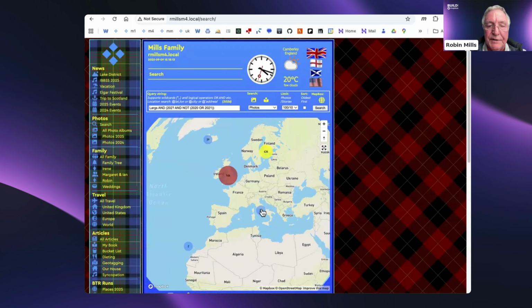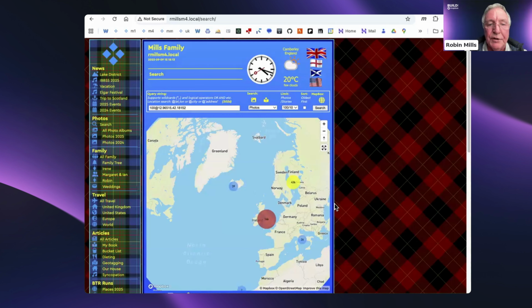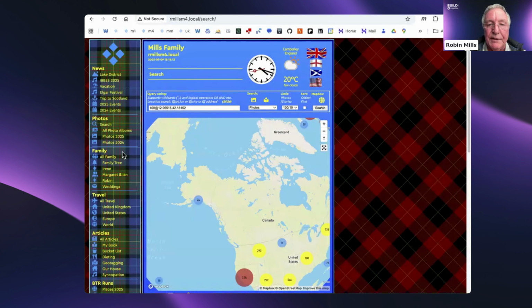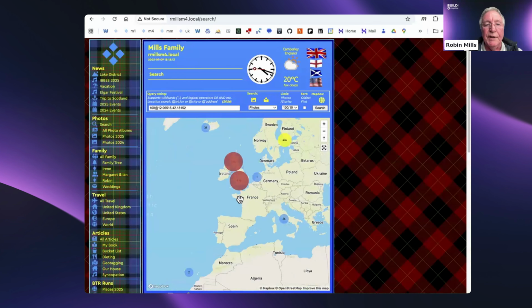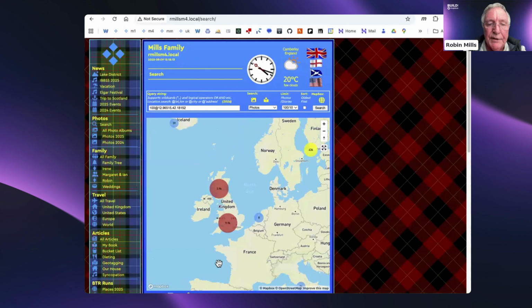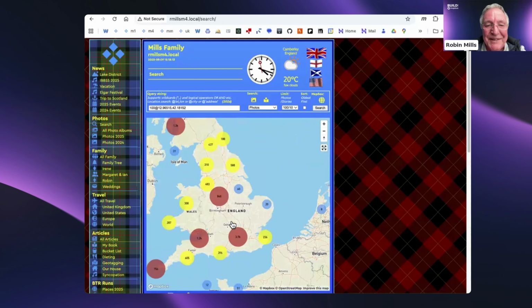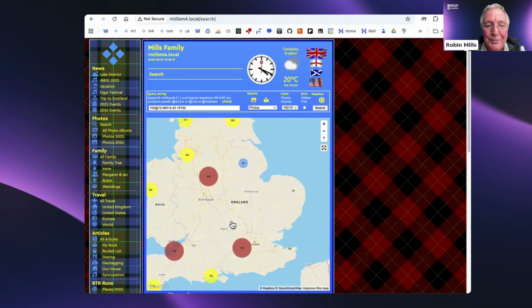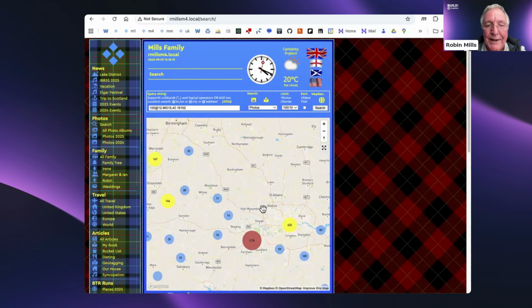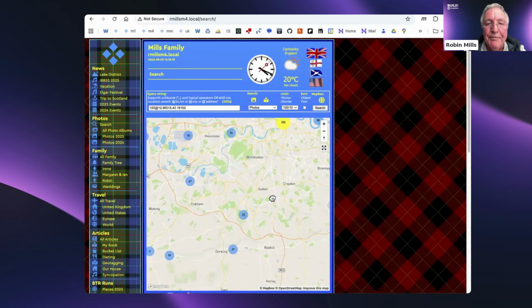And if we click on a cluster like this one here, then we can see the photographs that I took in a recent trip to Rome. And we can move around the world and go to other places. The clusters come in different colors. So red means there's thousands of photographs. We don't want to open up thousands of photographs. Yellow means there's hundreds of photographs, and blue means there's less than 100. And if we keep zooming into London,